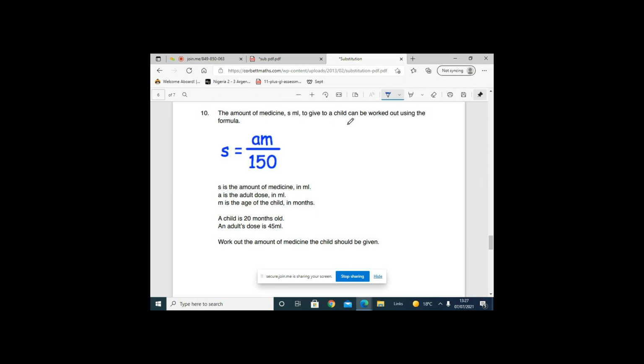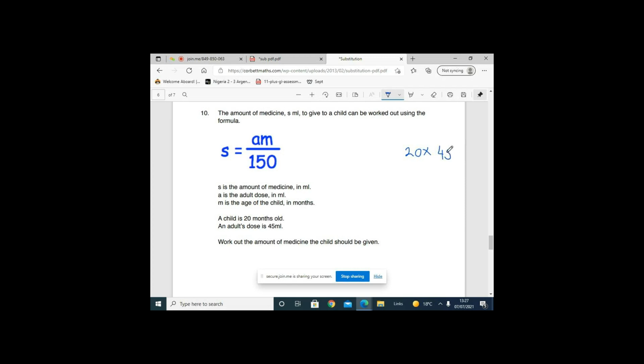So to give the child can be worked out by using this formula. X is the amount of medicine, A is the adult dose, and M is the age of the child in months. So A times M, this is a 20 months old. M is the age, so you put 20 times the dose is